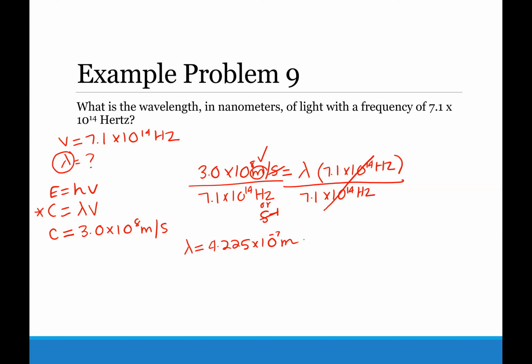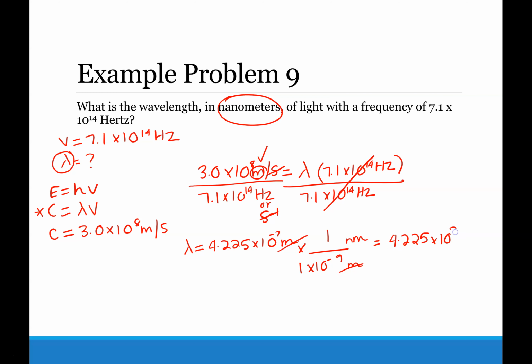But they don't want it in meters, they want it in nanometers. So we have to do one conversion where meters are on the bottom, nanometers are on top, giving the 1 to the thing with the prefix and the metric system constant to the base unit. And so for nano, it's 1 times 10 to the minus 9. So meters cancel, and then you're going to put 4.225 times 10 to the minus 7 divided by 1 times 10 to the minus 9, and that's going to give you a wavelength of